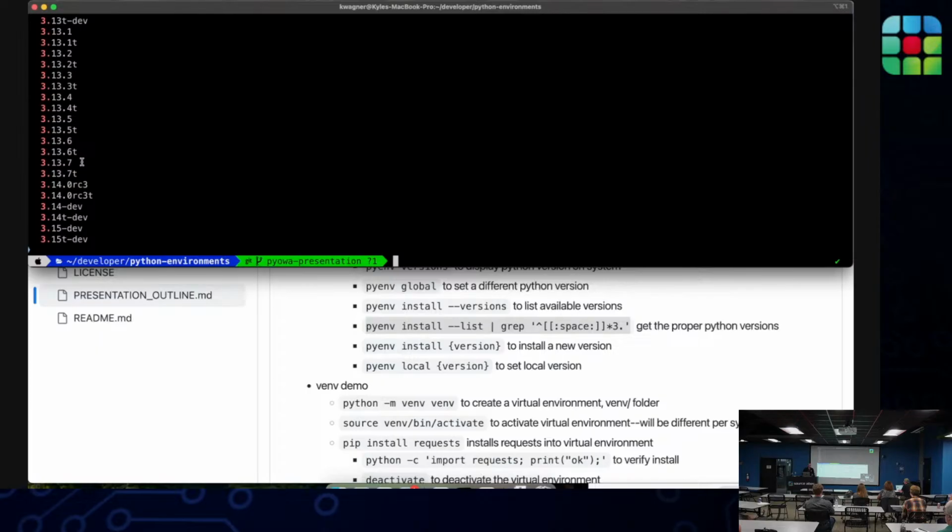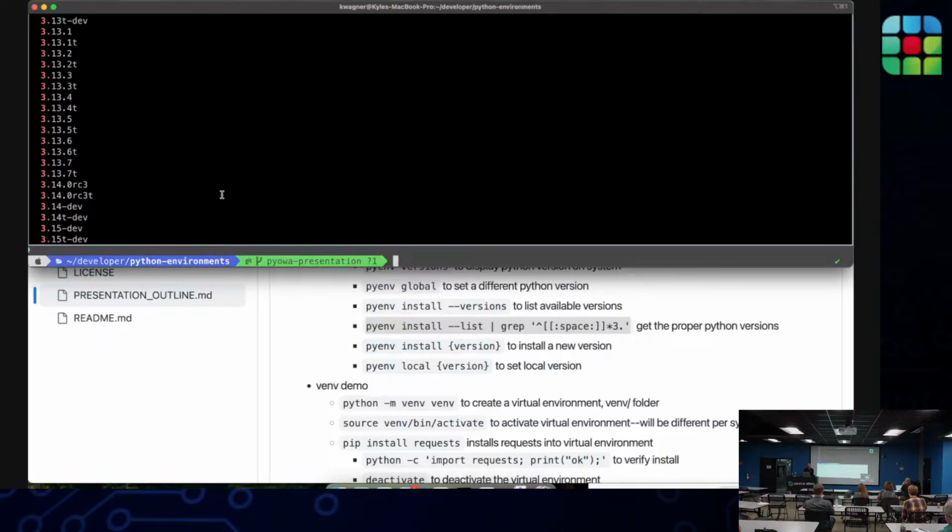Looks like the most recent stable release is 3.13.7. There's a dev release for 14 and 15. You can get all of those. So to install, it's just a matter of pyenv install, drop in the version, and it will go through the installation process, and that will be available in the list. And then it's just a matter of using one version or another.